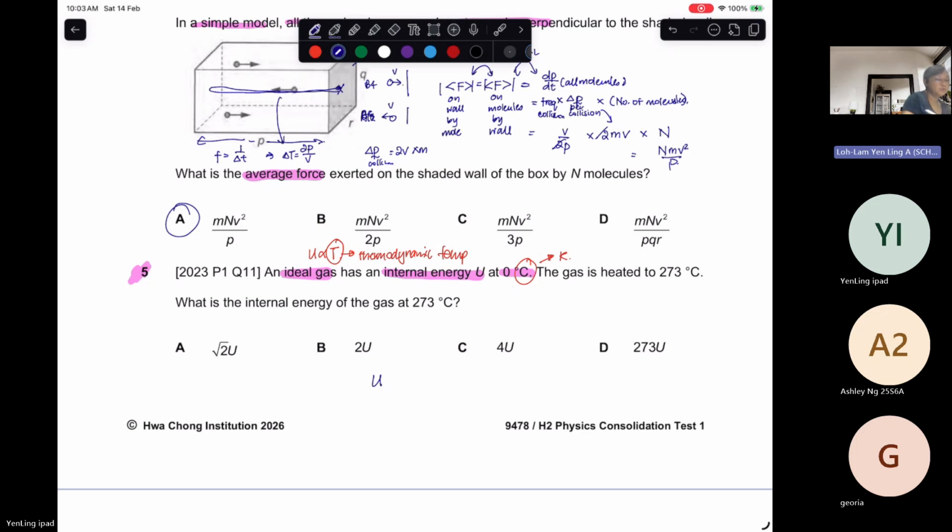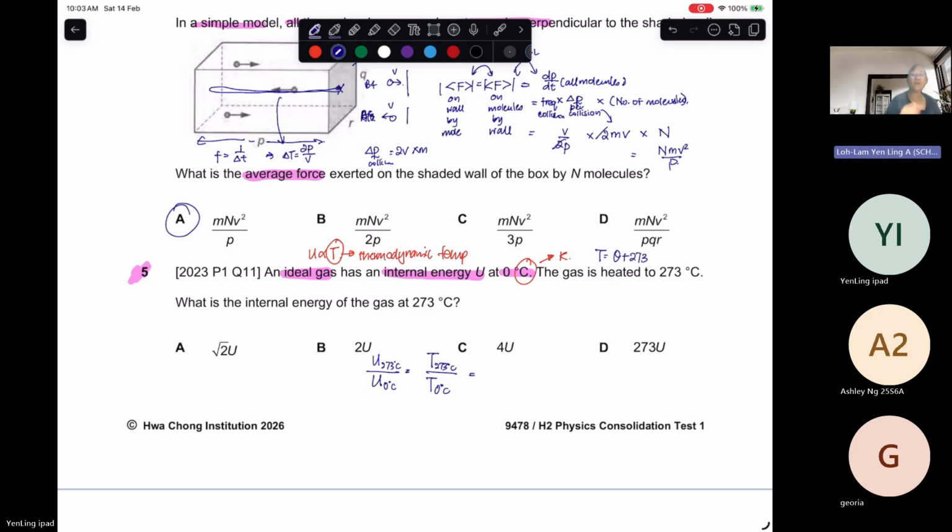So you have U at 0 degrees Celsius divided by U at 273 degrees Celsius equals the thermodynamic temperature at 273 degrees Celsius over the thermodynamic temperature at 0 degrees Celsius. To convert, the second concept is if you've got theta, then T is theta in degrees Celsius plus